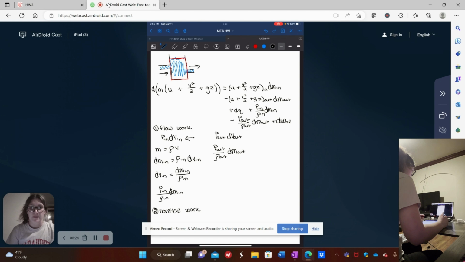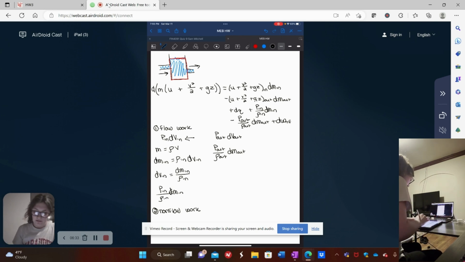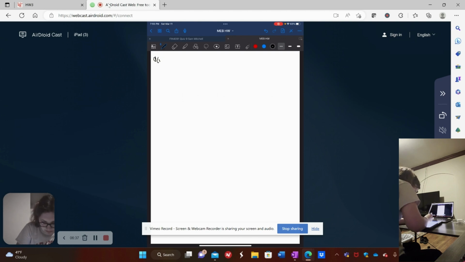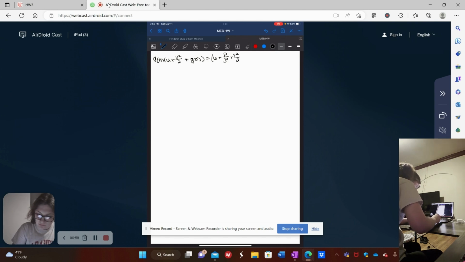And so now that we've put this in terms of mass, we have two terms that have dm in, and we have two terms that have dm out. So we're just going to combine those terms. So on the left-hand side, we have the change in energy. And then here we have U plus P over density plus V squared over 2 plus GZ in times dm in, and then minus U plus P over density plus V squared over 2 plus GZ out times dm out, and then plus dq plus